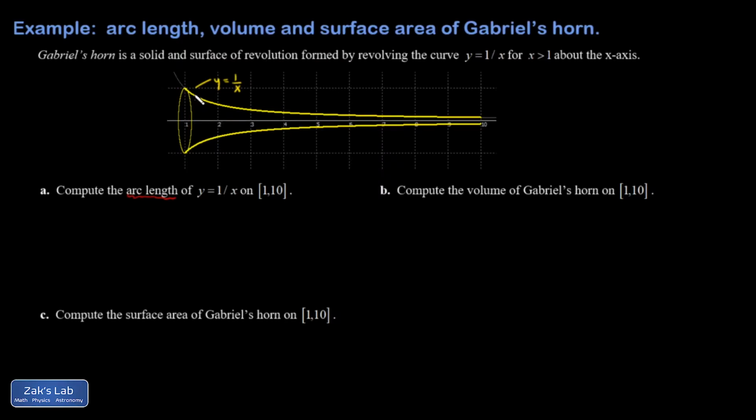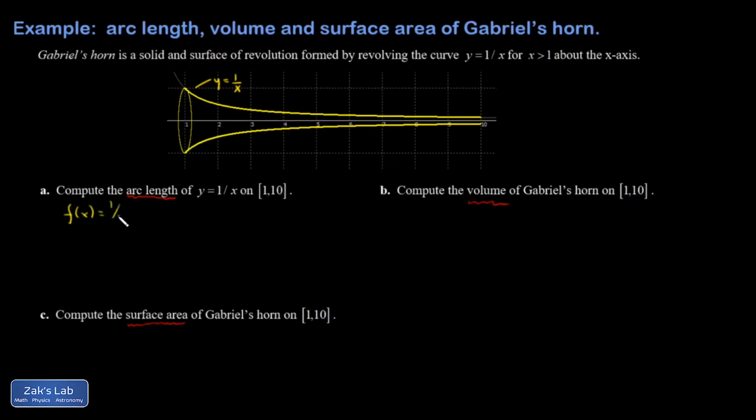And then when I actually create the solid of revolution, I want the volume of the solid, and I want the surface area of that solid. So we're kind of putting all these applications together. So to get the arc length, I have f of x